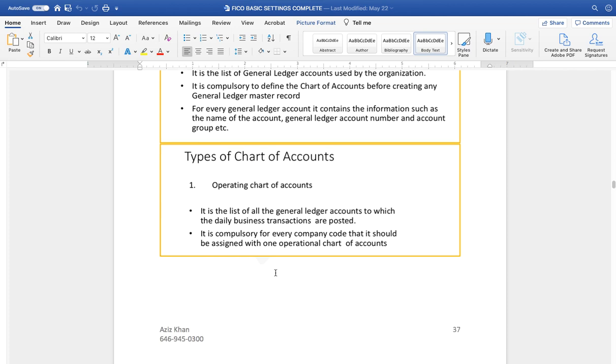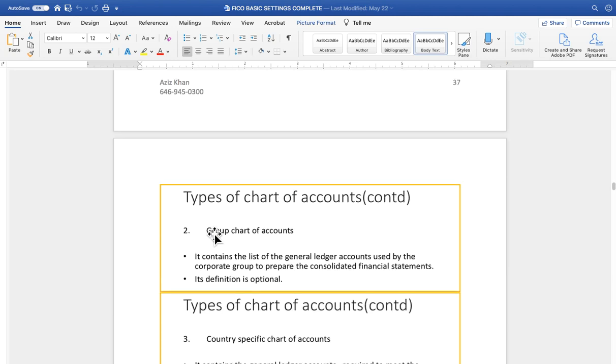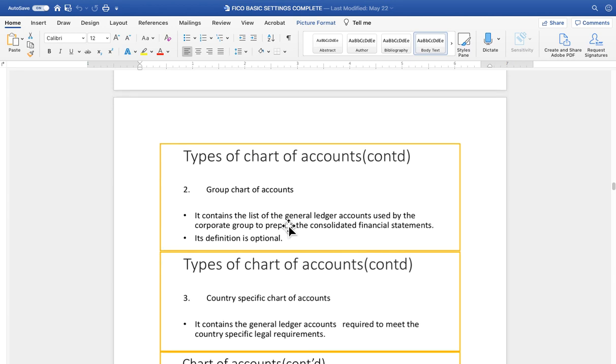There are three types of chart of accounts. One is the operational chart of accounts. The operational chart of accounts is used to post the daily business transactions. And the group chart of accounts: let's say we have one company, and underneath it are many other companies, headquartered, right, group companies. If I give you the example of Sony, Sony has different group divisions,